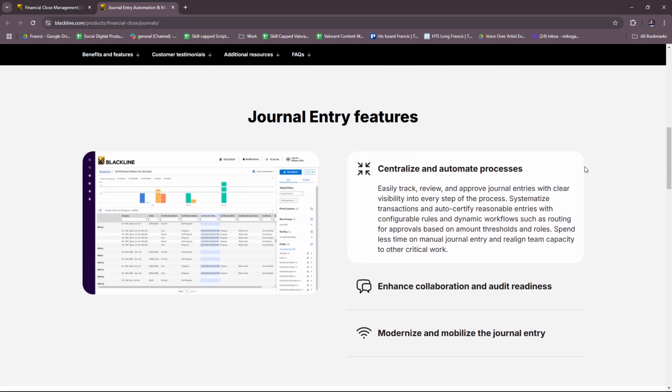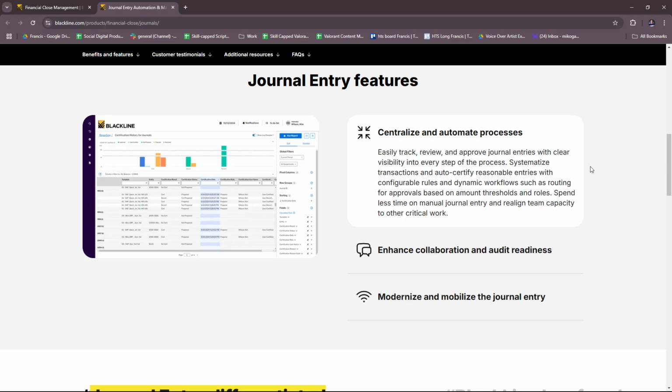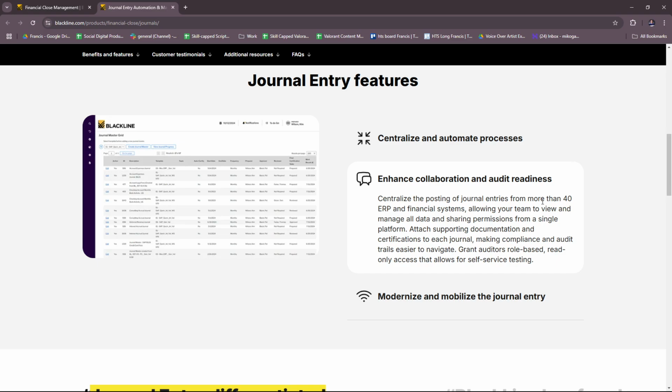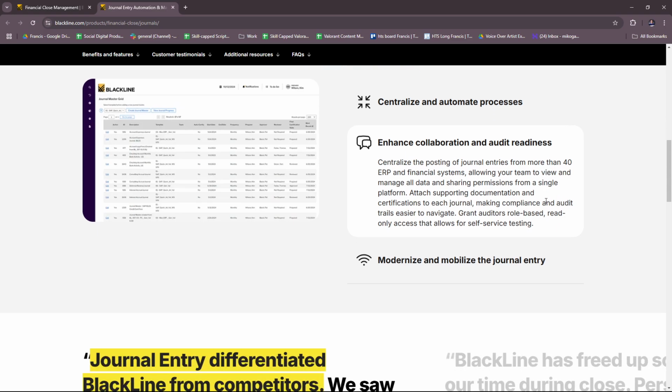So the main features of journal entry include a centralized and automated process where you can easily track, review, and approve journal entries with clear visibility into every step of the process. It also helps systematize transactions and auto-certify reasonable entries with configurable rules and dynamic workflows, such as routing for approvals based on amount thresholds and rules. You can also enhance collaboration and audit readiness with a centralizing of the posting of journal entries for more than 40 ERP and financial systems,